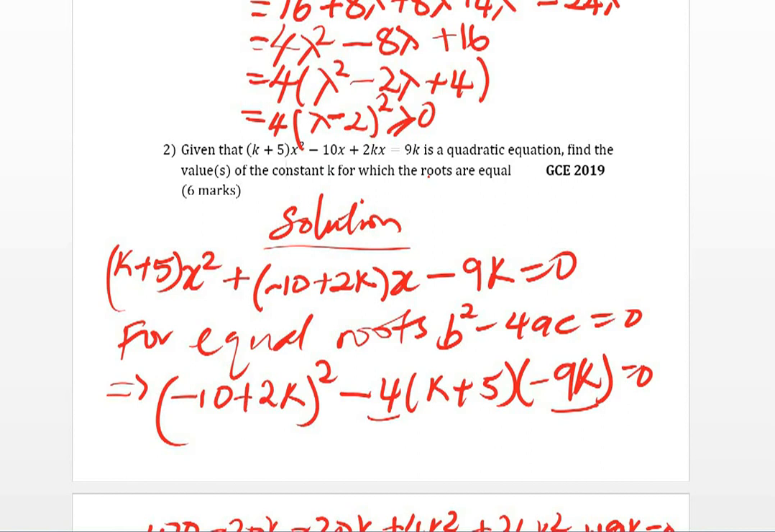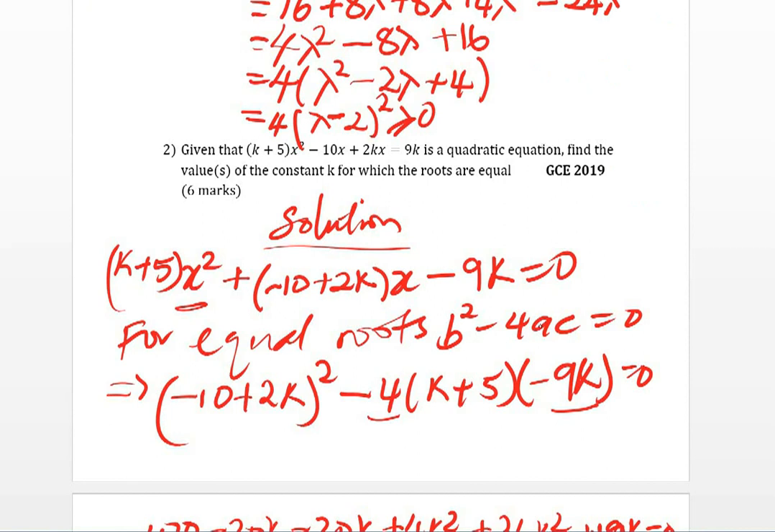Now the first thing to do here is to arrange it. Where we rearrange, we have this. Our x here is common. You have (negative 10 plus 2k) into x minus 9k equal to 0. Okay, so when you collect the like terms, for equal roots,